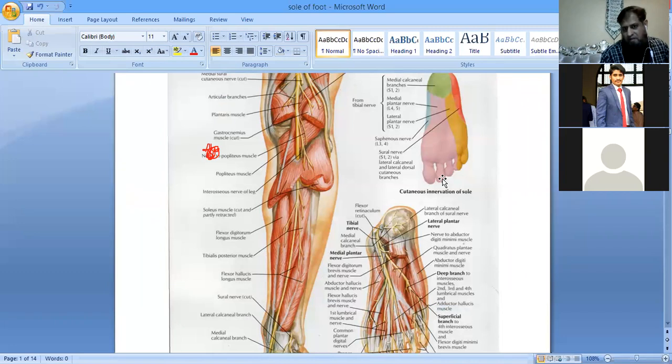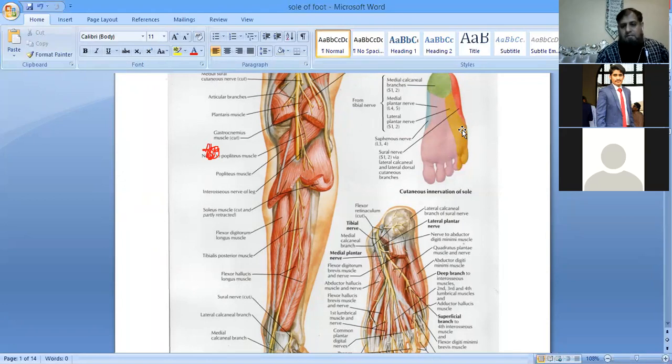We have already studied this, the nerves of the dorsum of the foot, as I have told you. The dorsal aspect of the distal toes of the medial three and a half fingers, up to the nail bed area, is also supplied by this medial plantar nerve. Likewise, the anterolateral one-third of the sole is supplied by the lateral plantar nerve up to the lateral one and a half toes, and also the dorsal aspect of the nail bed of the distal phalanx. Clear? Tell me, is there any problem?